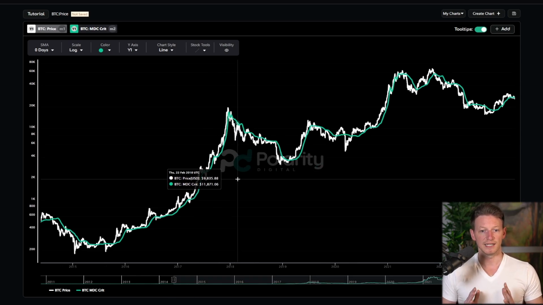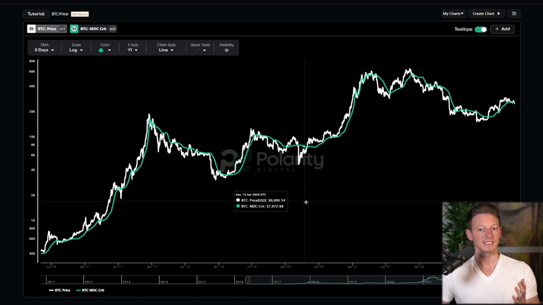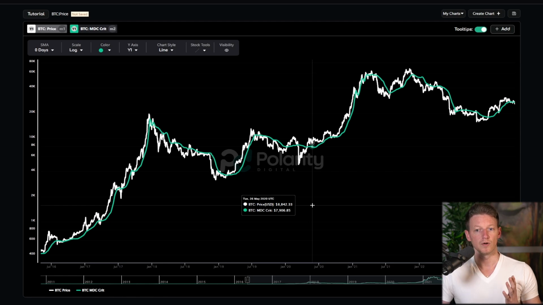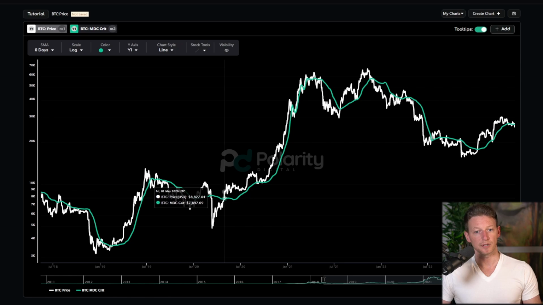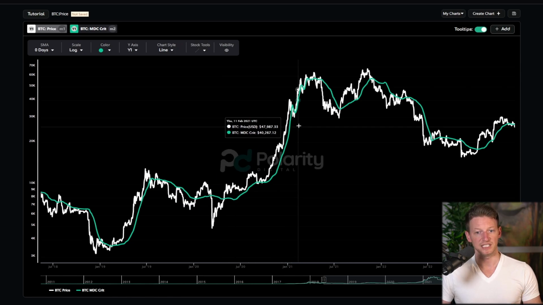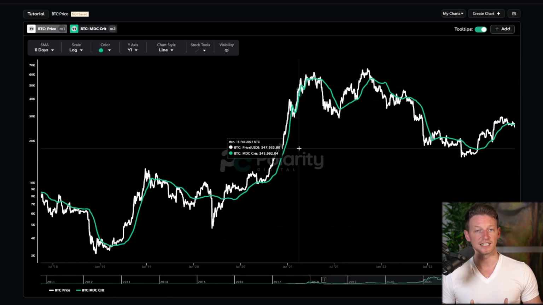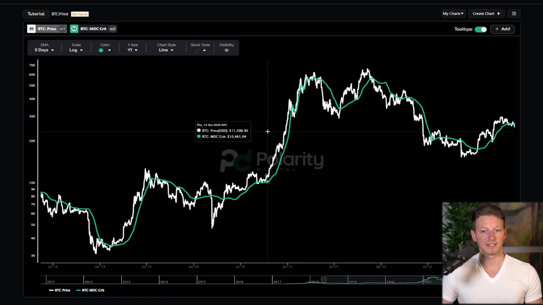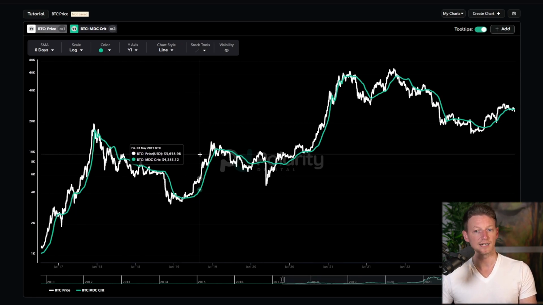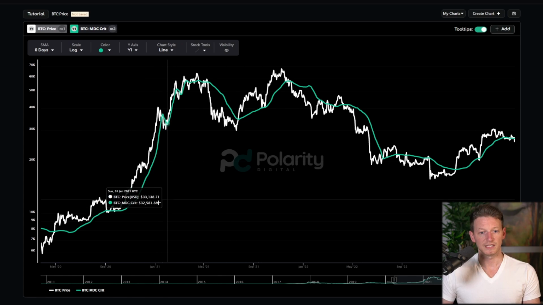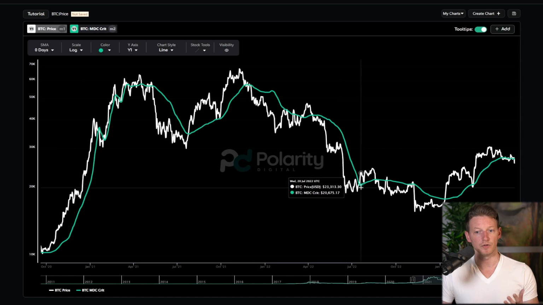And you'll notice that this metric, if you're unfamiliar with what it does, is attempting to identify for you where a price breakout occurs. All right. So when the price drives above this MDC in green, that is indicative of a bullish signal. When it drives below, it's more indicative of a bearish signal. Now, there are going to be fake outs. And when do these fake outs tend to occur? Well, we see that these happen to be during times of more sideways movement in the market.